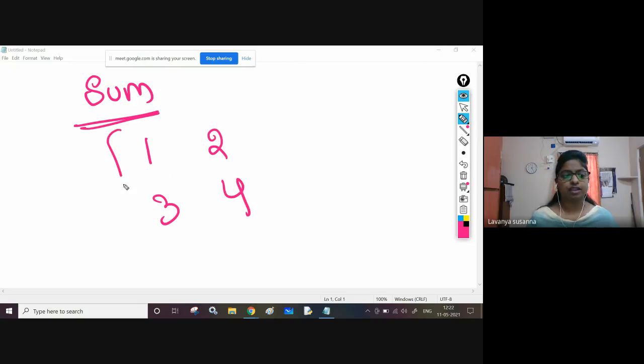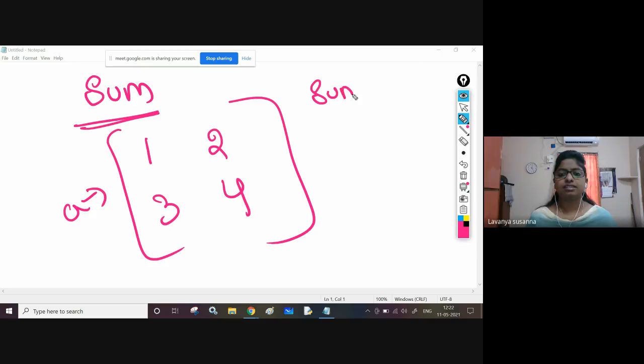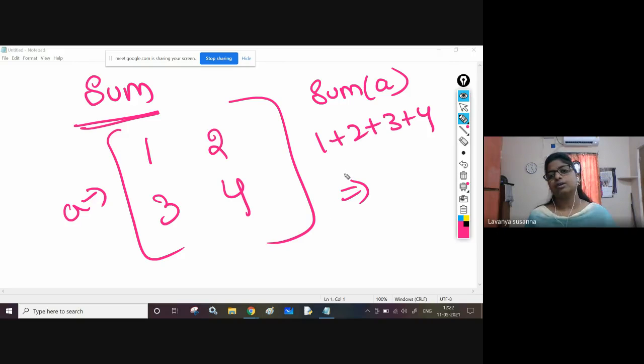This is a matrix. Now sum of A. Sum of A means it is going to add each and every element. 1 plus 2 plus 3 plus 4. You will get the result. Okay. Sum of A. There is a sum function.